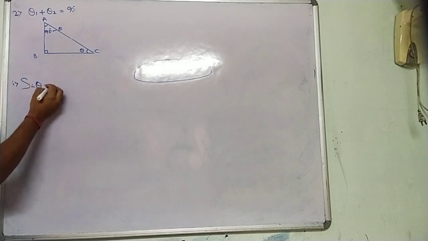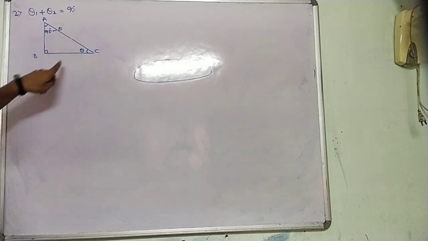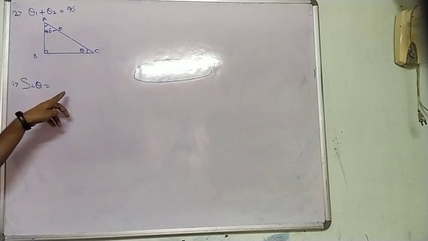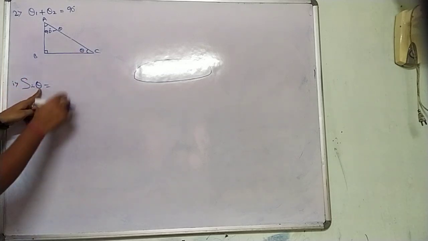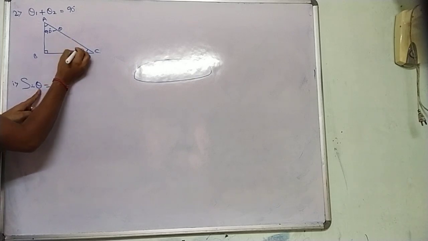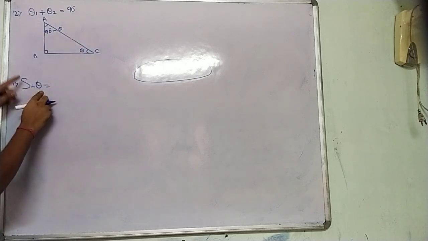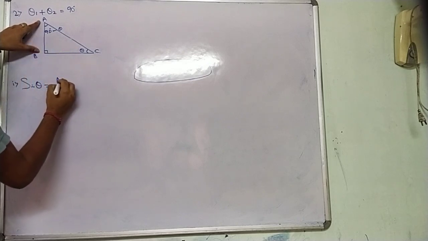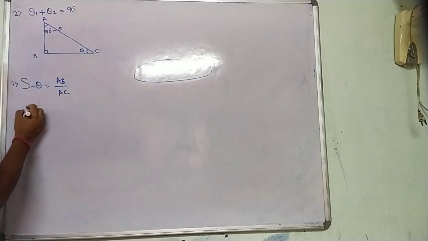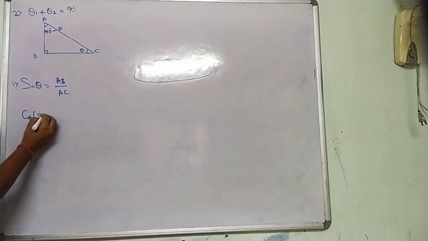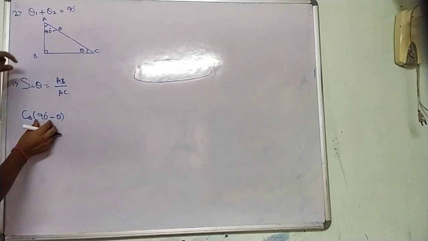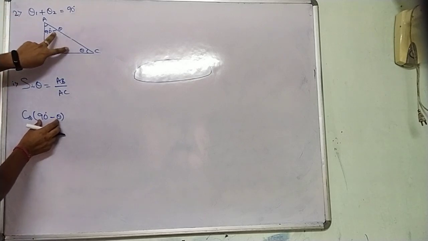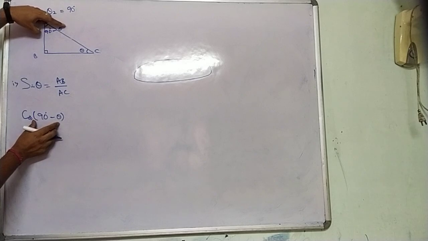Suppose if I ask you sine theta, means sine of which angle? We read this as sine of theta or sine theta, anything. Don't write sine into theta, okay? So suppose sine of this angle we are measuring, okay? Now tell me which two sides. This sine theta represents the ratio of which two sides? As this is theta, this side becomes perpendicular and this becomes hypotenuse. Clear? Suppose if I ask you what is cos 90 minus theta, I'm taking for the measurement part one angle out of the two. For the second part I'm taking this angle.